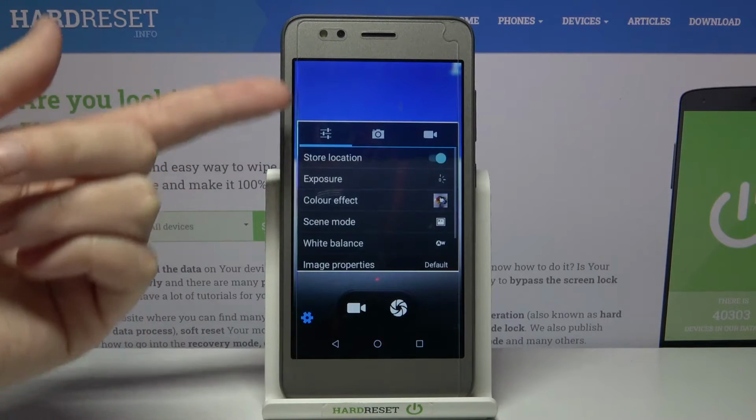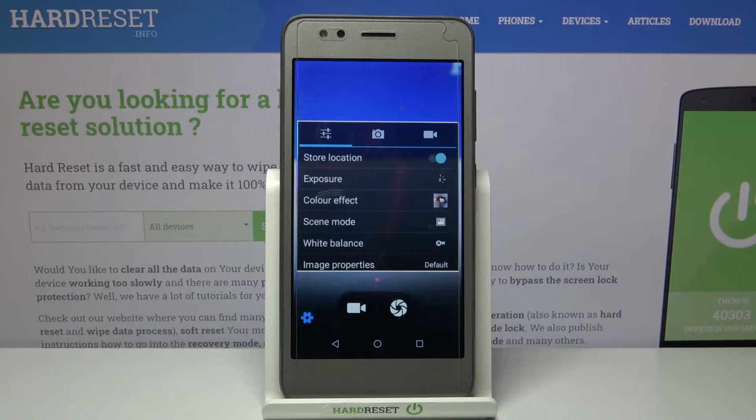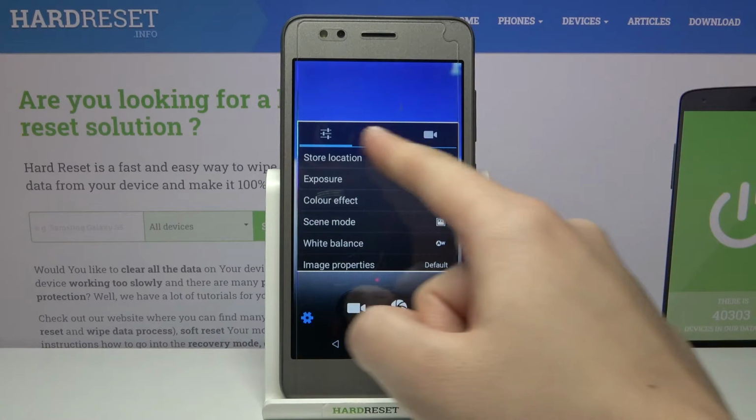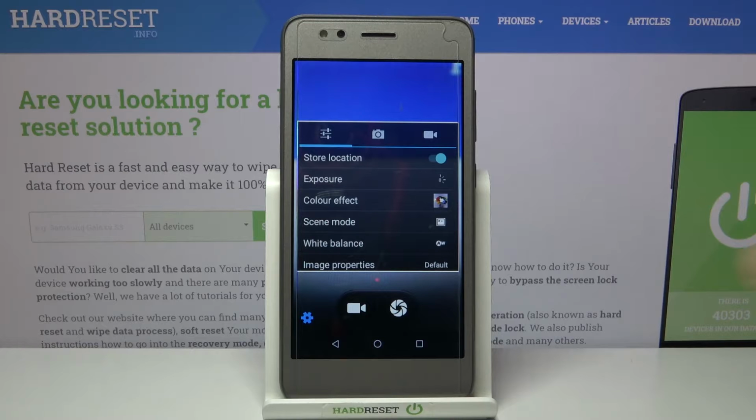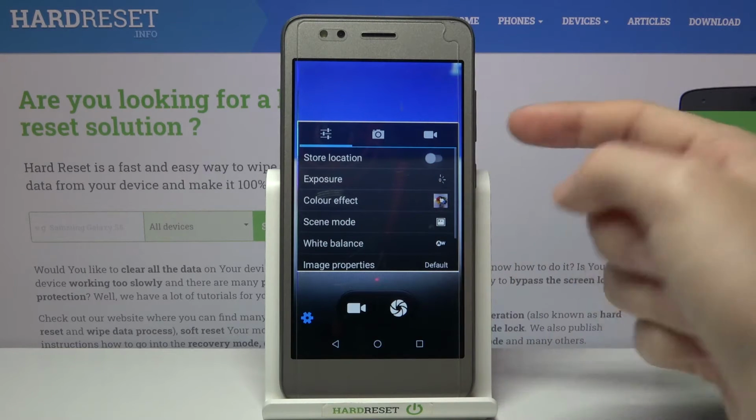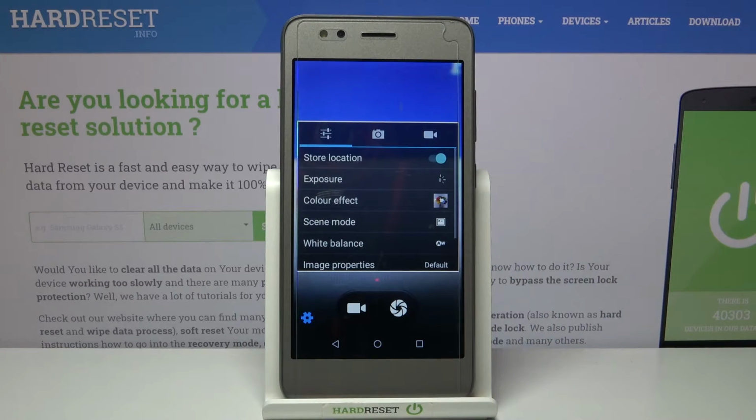When we pick it, we get access to more advanced camera options, and here at the first page we have store location option, so by using the button from the right we can turn off or turn on the camera location tags. And here also the important thing is that to make it work correctly, when we want to save